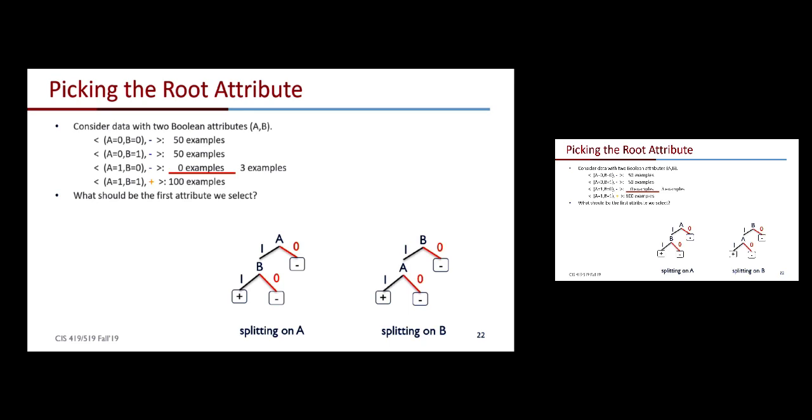And if you look at it, the trees are going to look the same now, given that I changed the data set, right? So if I split on A, and A is 0, I know the label. But if it's 1, I still don't know the label. I need to ask another question. So I get the same structure as I had for B before. Once I put the numbers here,